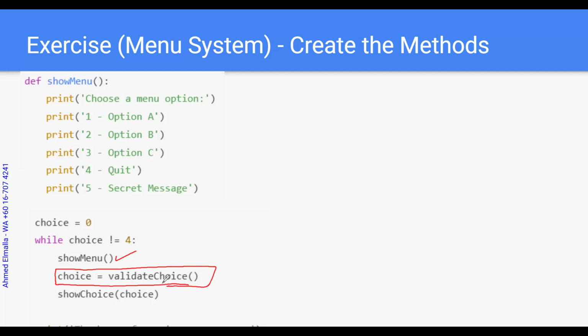Okay. So when we try to do validate choice, we are getting an input from the user, and this input ranges from 1 to 4 or even 1 to 5. It doesn't matter. So consider this not included. So we want to get an input from 1 until 4, and then once we get that input, we save